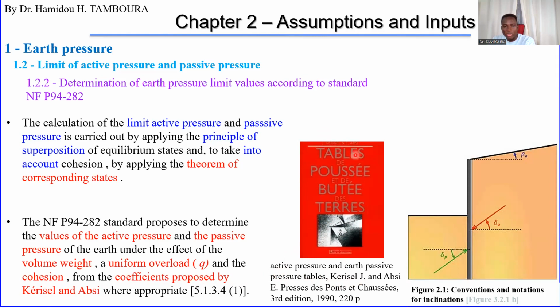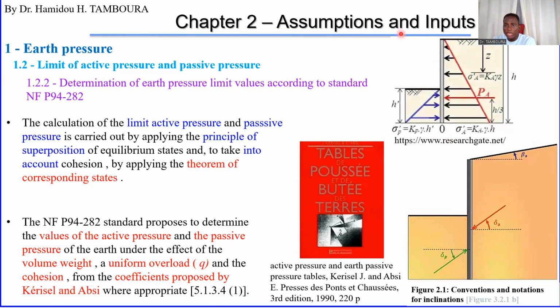Okay, this is a table of active and passive earth pressure. If I take this example, for example, if you have this active and this passive,